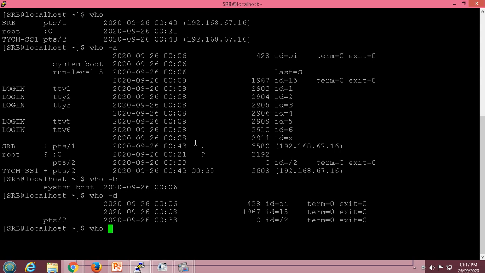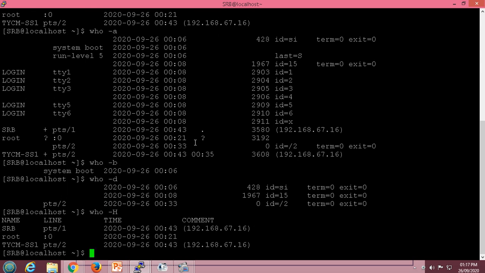The next option is who -H, capital H. It will display the heading for all the columns of the who command output. So here is the name of the first column, that is the first column heading. Second column heading is line, after that time, and after that the comments.